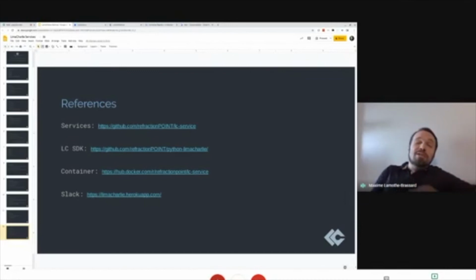Sorry, that's a really long way of saying we want to make sure that whatever we put out in the services serves a purpose for somebody.